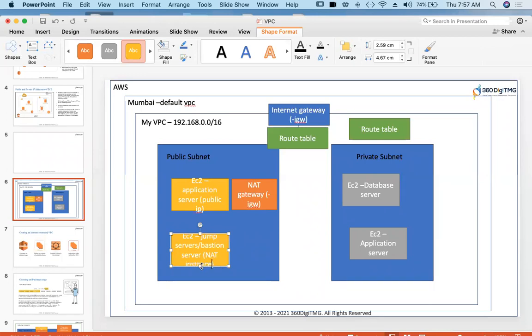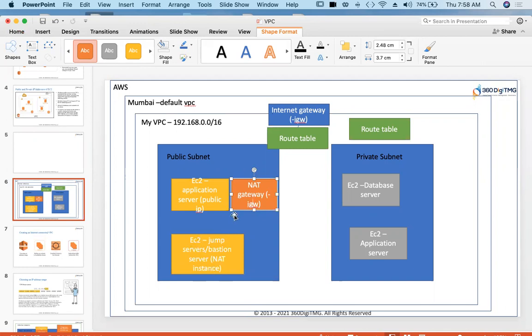NAT gateways are AWS managed services. They are managed by AWS. And you have other option. You can launch one EC2 instance and make it as NAT instance. You can do it in two ways. So giving internet access to private servers can be done in two ways. One is NAT gateway and another one is NAT instance. So we will talk about this in our tomorrow's session.